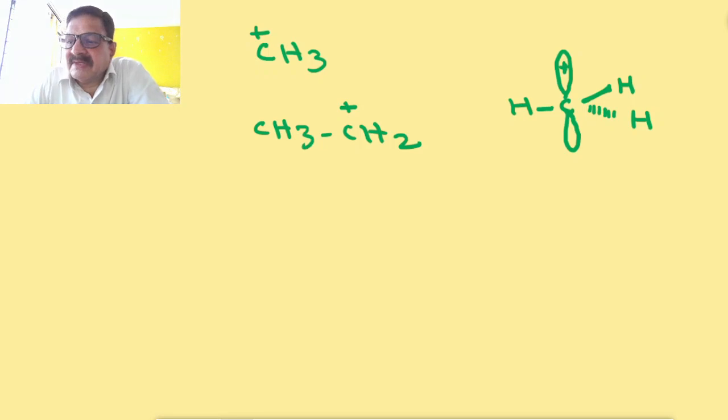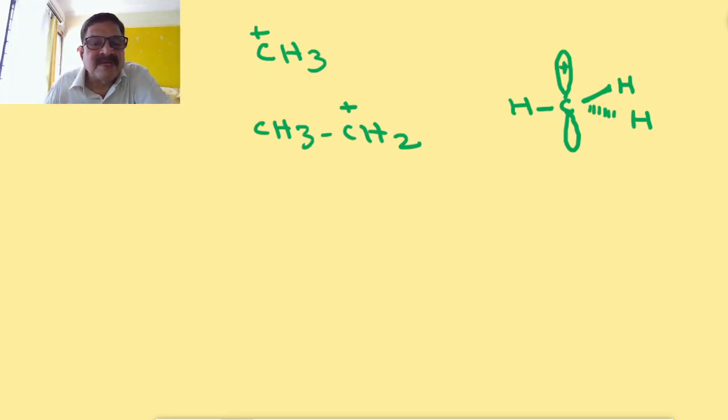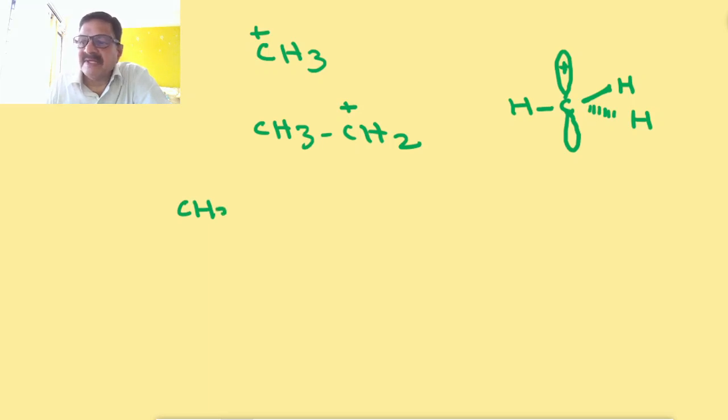Then there can't be any orbital overlap with the vacant p orbital here, because adjacent there is no carbon atom. So an sp3 hybridized carbon atom is not there. So this CH3+ carbocation cannot be stabilized by hyperconjugation here. But if you see another one, (CH3)2CH+ or the ethyl carbocation,